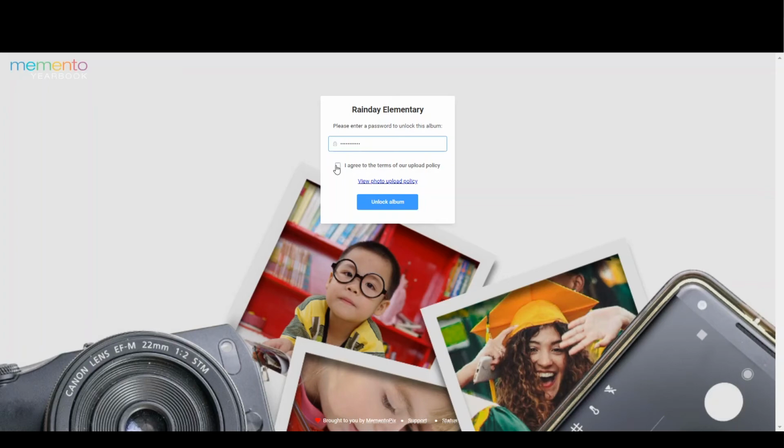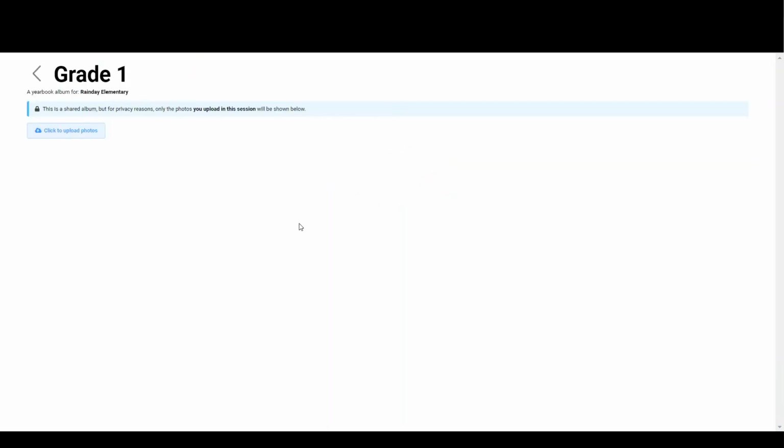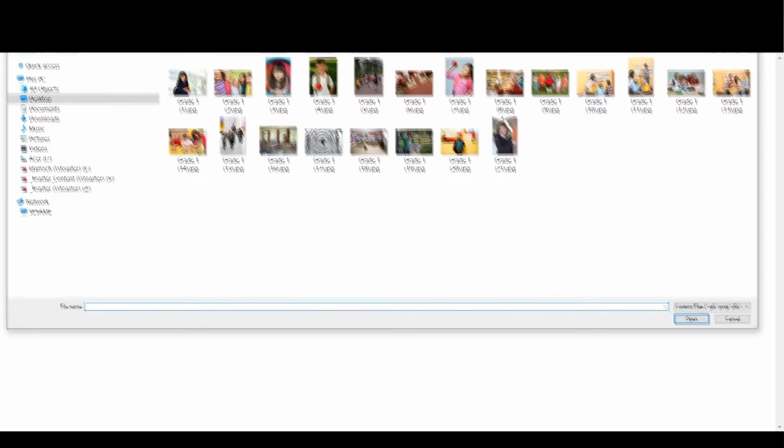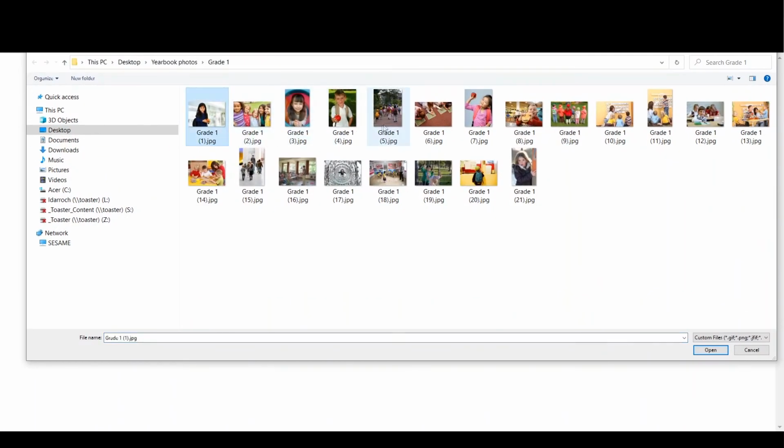They need to agree to the terms of our upload policy, which they can read in full. Once the password's been correctly entered, they'll now be inside of the selected folder. They can click on Upload Photos. In this case, we happen to be pointed at the grade 1 selection. We'll just add a few